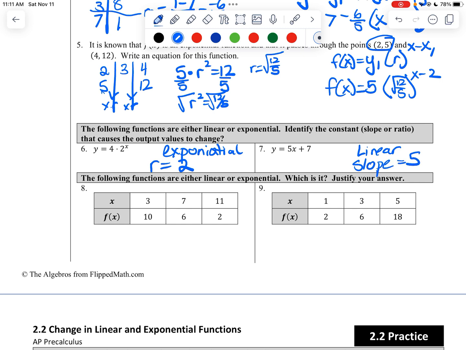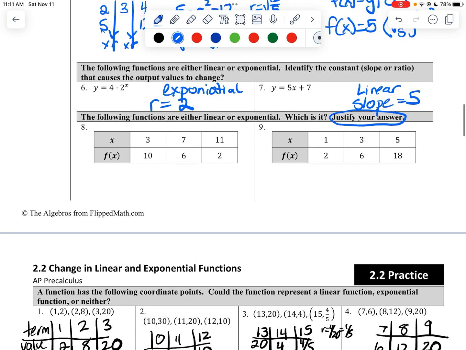In the last part, again, we're going to identify linear or exponential, but you'll see it says justify. And that's the part that's going to take practice with the terminology. So I can see that these are going up 4. Well, what's happening here? It's going down 4. So it's going to be easy to say that this is linear. But your justification, we're going to want to acknowledge that each